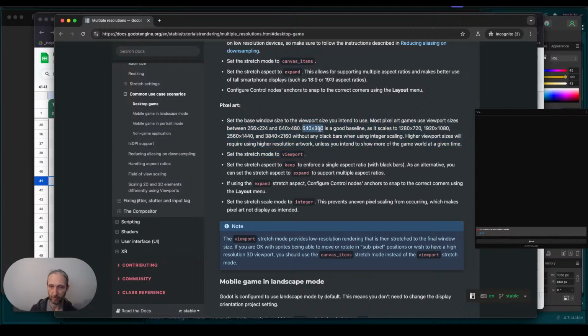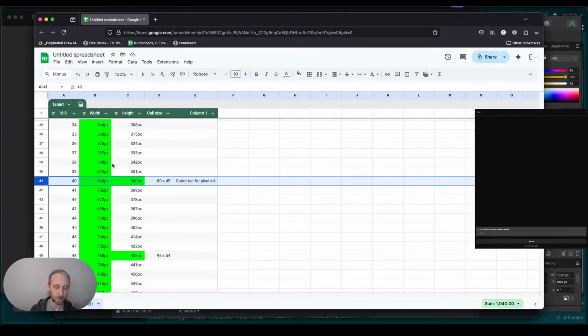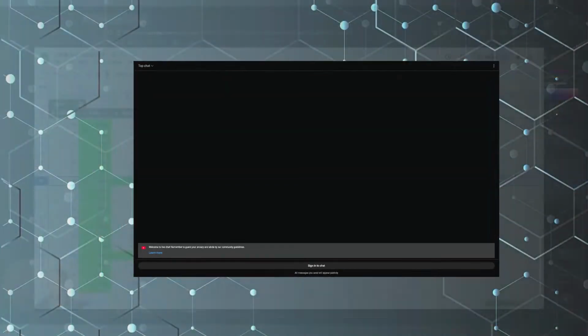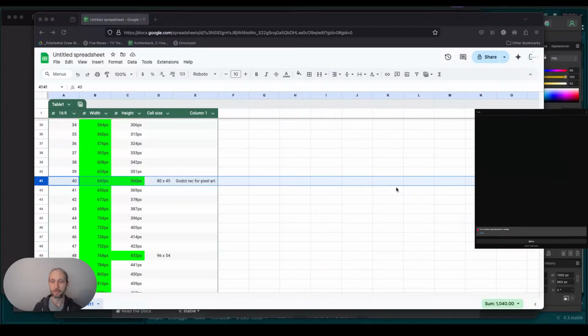Right there. So it says 640 by 360 is a good baseline. So that's where I'm gonna start, because on the grid maps that I'm gonna be using, I'm gonna have 1 player character and maybe half a dozen other NPCs, monsters, whatever you want to call them. So we're looking at most 7 or possibly 8 on the outside